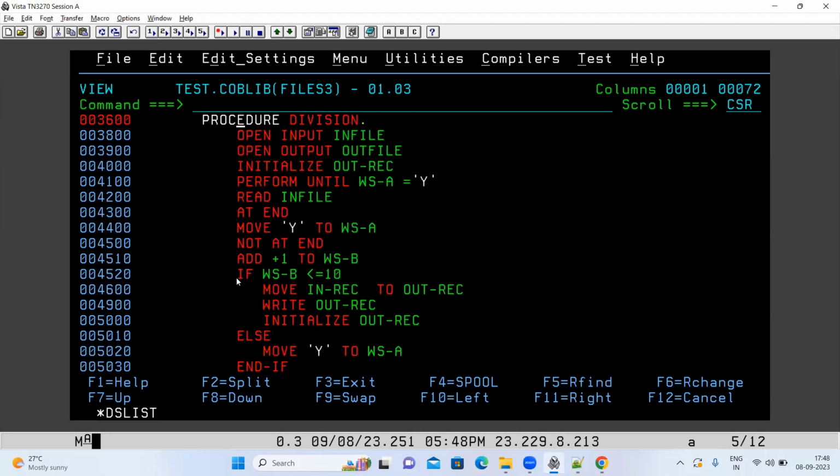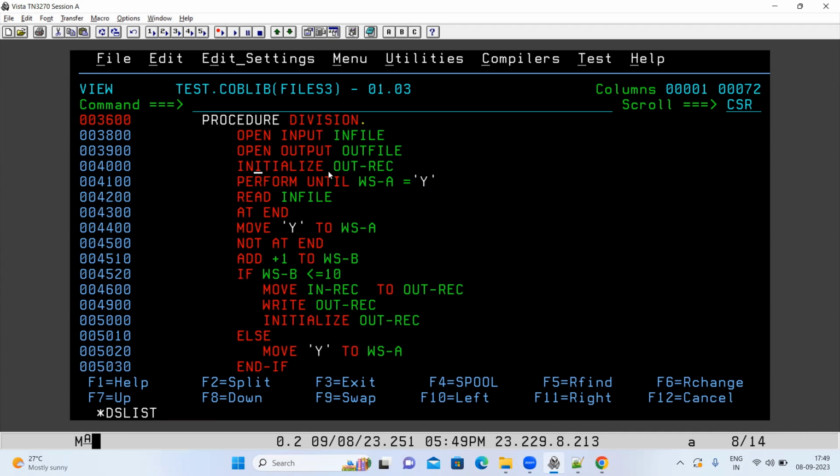Now, initialization is a very important concept in mainframe. Whenever in an iteration you are writing data to an output file, that means you are reading from input and writing to output, or reading from a table and writing to output, every time this output file field name should be initialized, so that whenever a new value is getting moved, the output record is empty and the new value is successfully moved. Otherwise, what happens is, if you don't initialize,